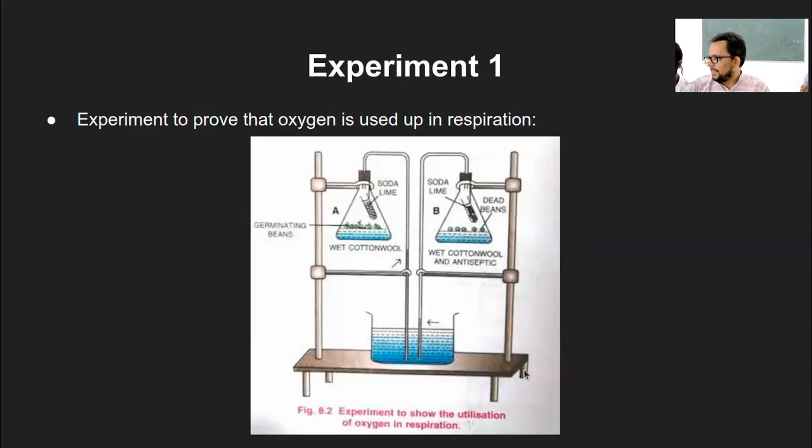What did you say again? I said there will already be a little CO2. Yes. So within this conical flask B, there will be a little CO2, right? That CO2 will ultimately interact with the soda lime here. So that space will be taken up by the water, and that's when the little rise in the water will happen. But I said the exact same thing. Yeah, you're correct. He was confusing you, and you said it half. I didn't say it completely. I think you just got confused.